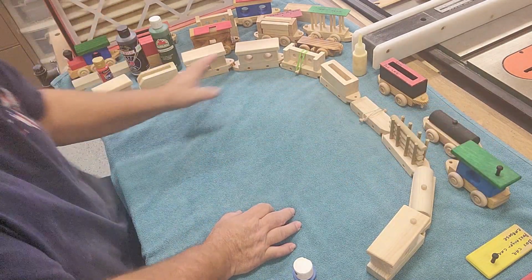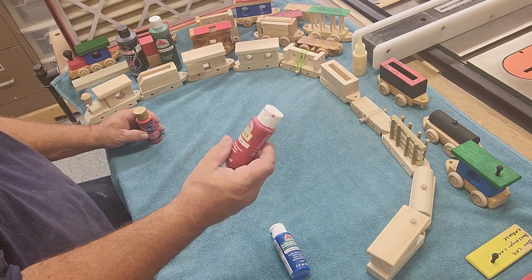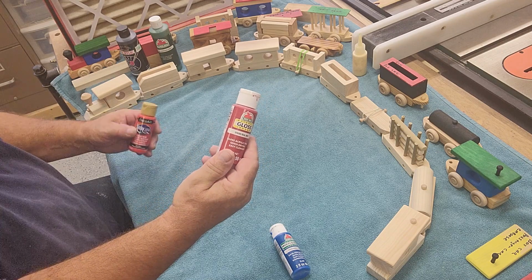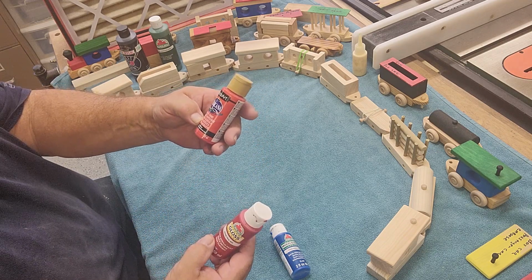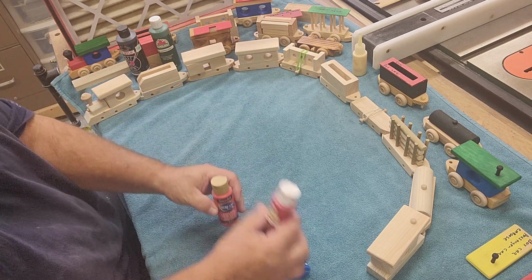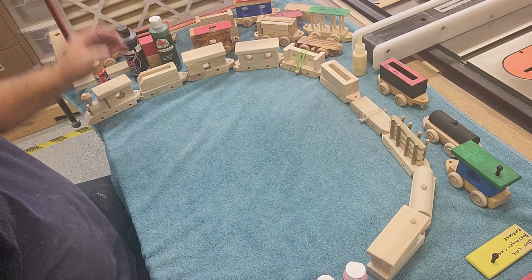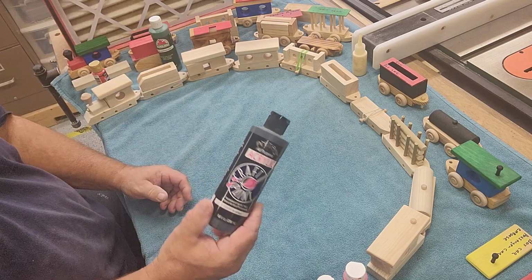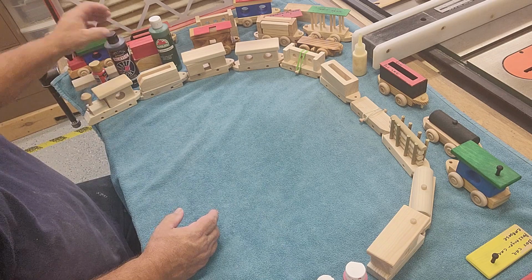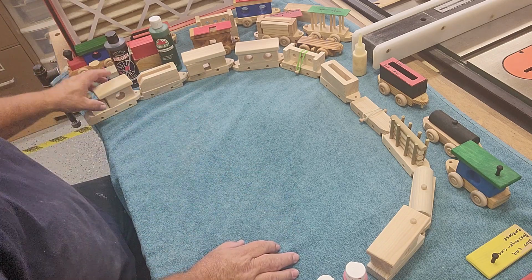You can paint these any color you want, and all we do is basically use this Ceramcoat paint in these 2-ounce bottles here. Or yeah, I think it's two ounce bottles of paint here. You can get them at any craft store. Also, they got the big bottles if you want. But you can paint them any color you want or leave them natural. Like I said before,